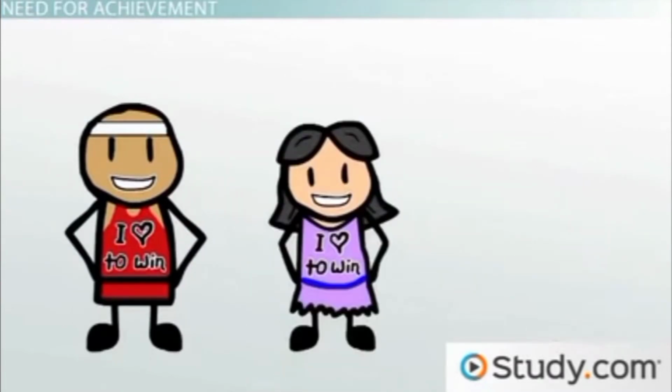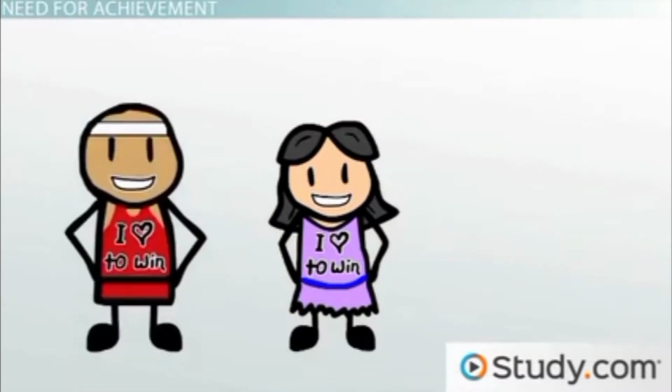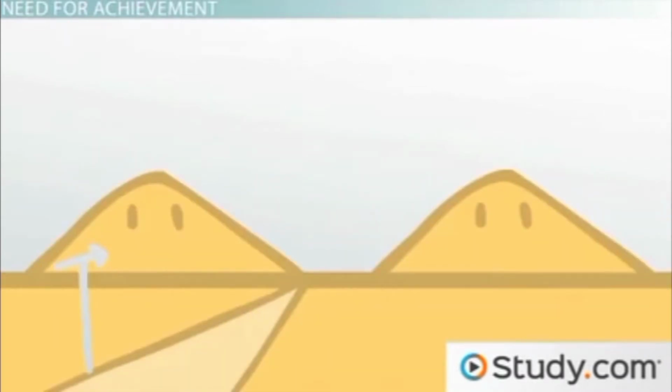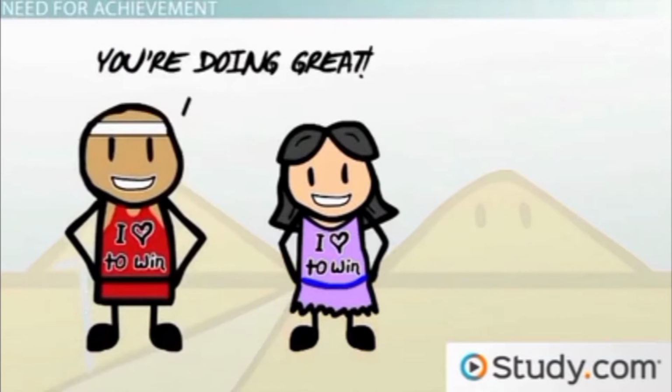Managers of achievers should work to provide them with challenging projects filled with attainable goals. For example, because Maria has a high need for achievement, her manager Sam might ask her to work independently on projects that allow her to use her knowledge and skills in a way that challenges her, but at the same time provides her with a clear path for how she can successfully accomplish her task. Additionally, achievers appreciate managers who provide frequent recognition of how well they are doing so that they can monitor their progress, making feedback extremely important to achievers.